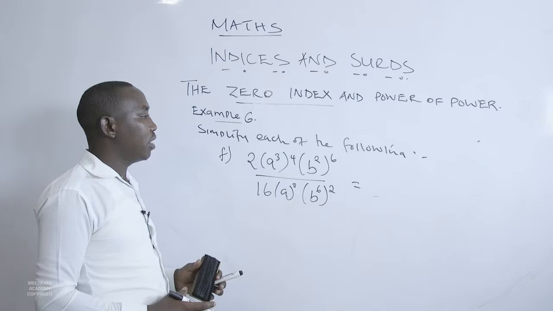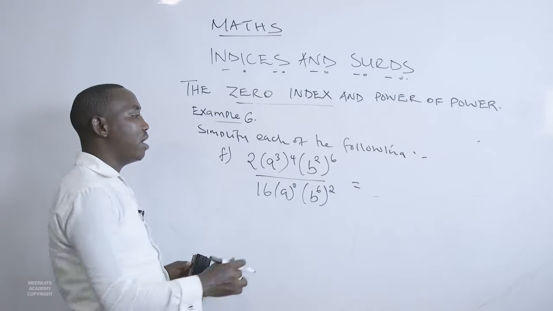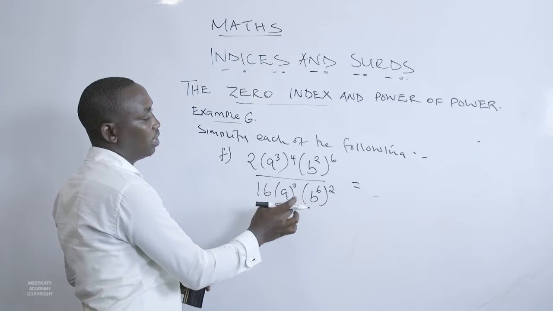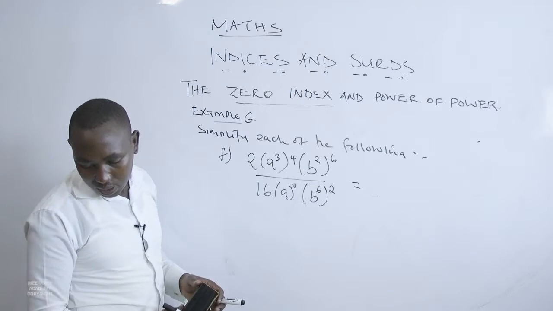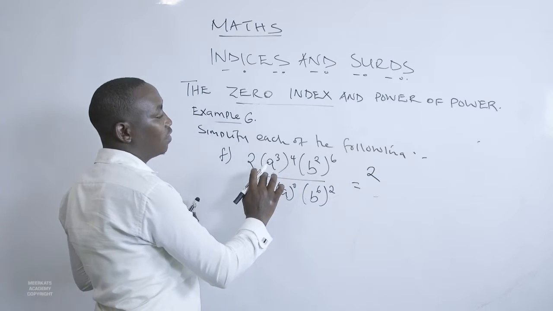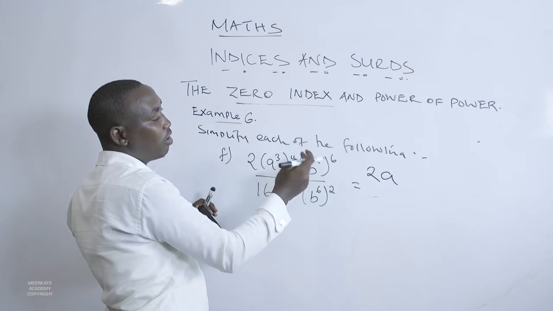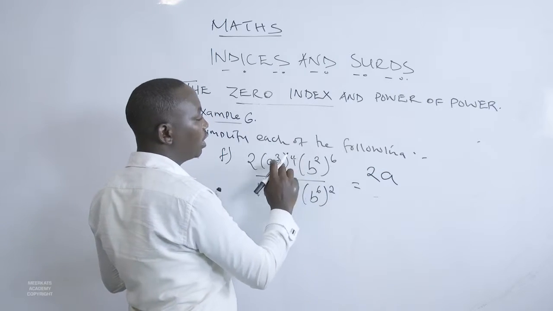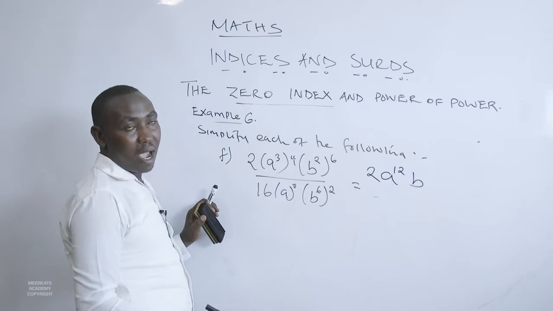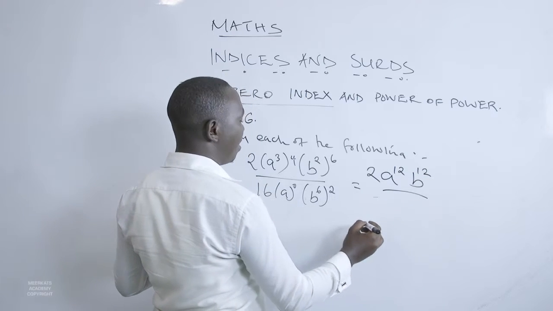So we're going to make use of several laws. The first one is the power of a power, which is going to affect a and b. In this case, 2 is not affected, so we shall have 2 a raised to, because this is a power of the other power, we're going to multiply the powers. 3 by 4 is 12. B raised to 2 multiplied by 6 will give us 12, all over